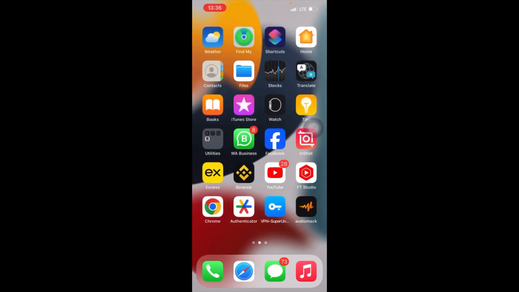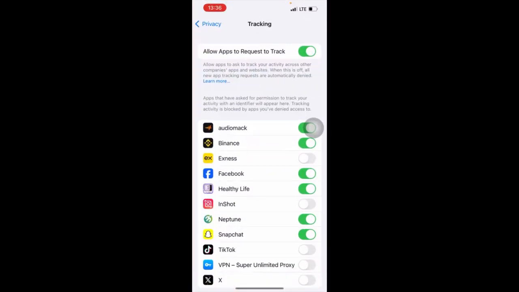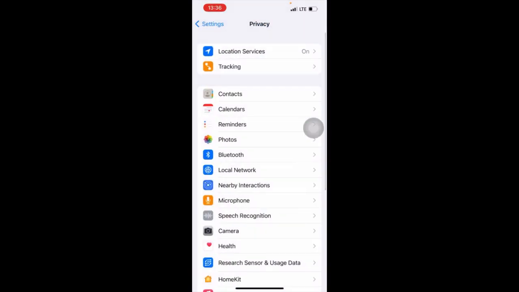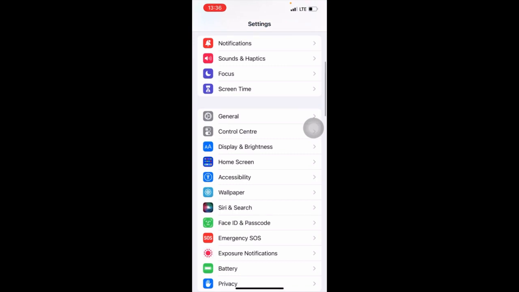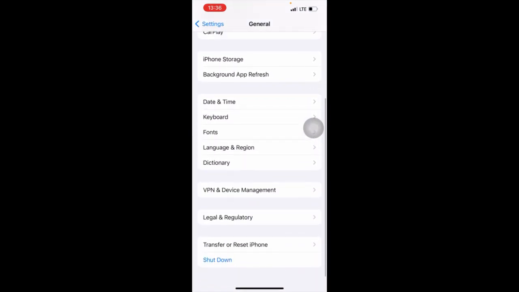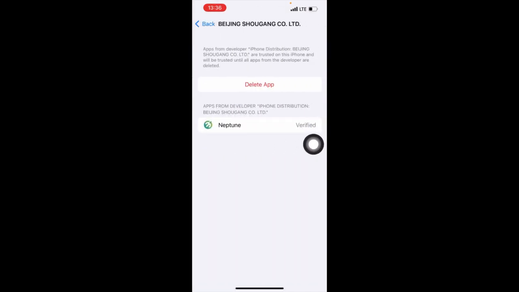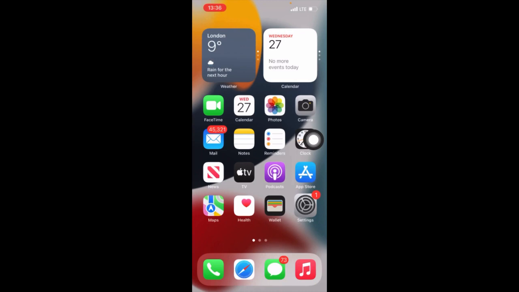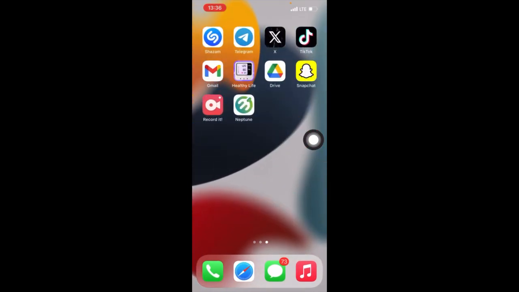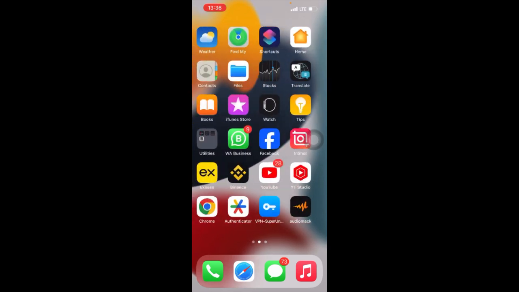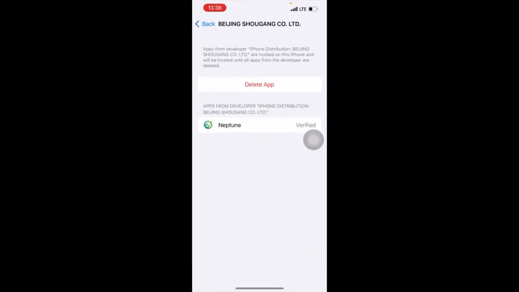you come to settings. Then you choose general. Then you go to this VPN and device management. Then you click on this thing. So you will not see delete app. You will see verify something over here. Then you click on it. Then it will verify. So when it's verified and you open the platform, it will come to allow tracking, something like that. Just allow. But in case you didn't allow, you can also go back to settings again, and this